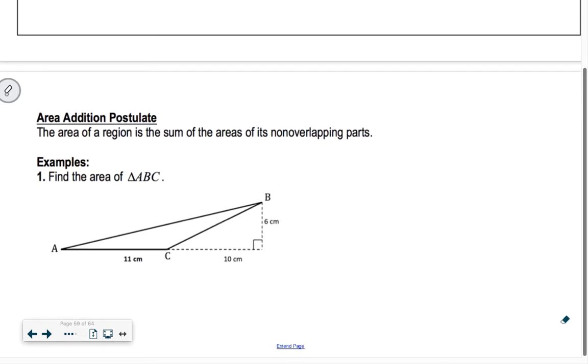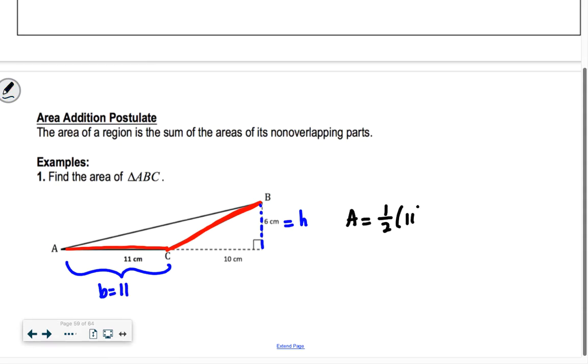So in this first one, it says find the area of triangle ABC. So be careful. I always think about it as a cliff. We've talked about this before. If I have this cliff, the height of the cliff is right here. So my height is 6. Oops, h is 6. What's my base? The base is just here. 11. Yep. So my area is going to be 1/2 my base times my height. I always find the easiest ways to multiply these, so I would probably do the 1/2 times 6 first and